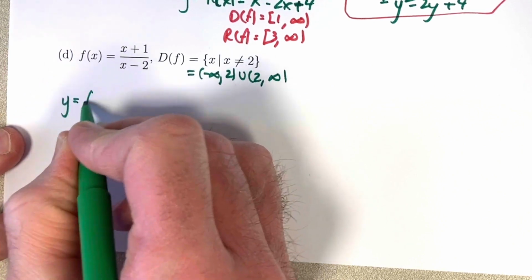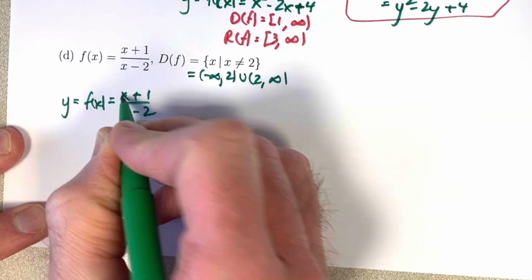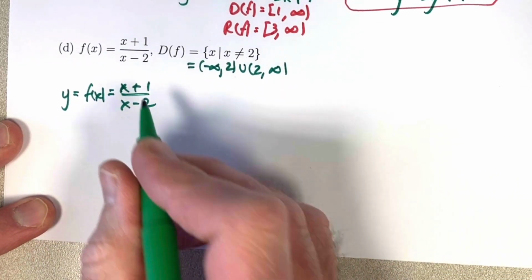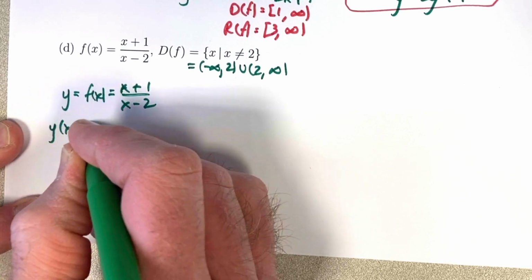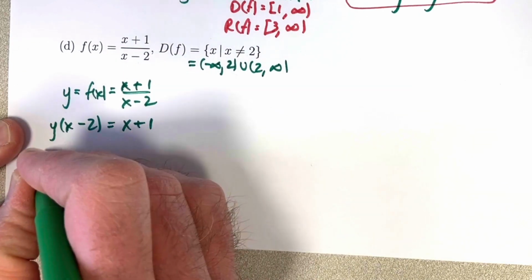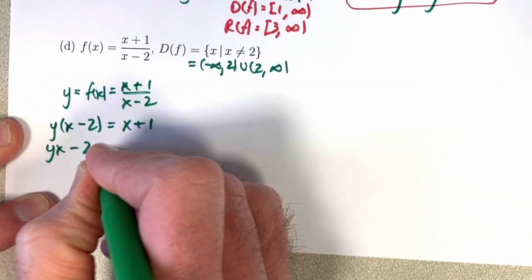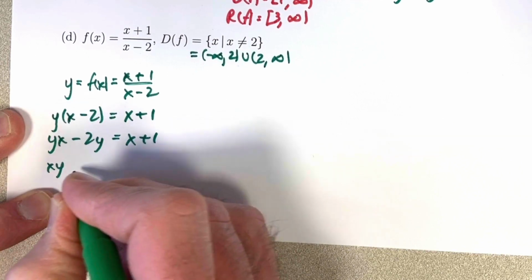As far as finding a formula, we solve for x in terms of y. You might look at that and say, how in the world am I going to do that? I've got an x in both the top and the bottom there. Just take a deep breath, multiply both sides by x minus 2 first, effectively cross multiplication, and simplify. We want to solve for x, so get all the x terms on the left, say, like this,